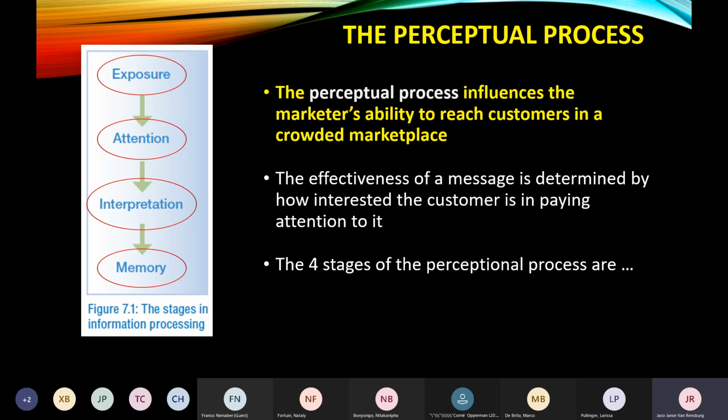So the perceptual process is a very popular section of the work to be assessed in exams and tests. So this is a very important section. The 4 steps or stages in the perceptual process is what we'll be looking at. It starts with the exposure, as we said,